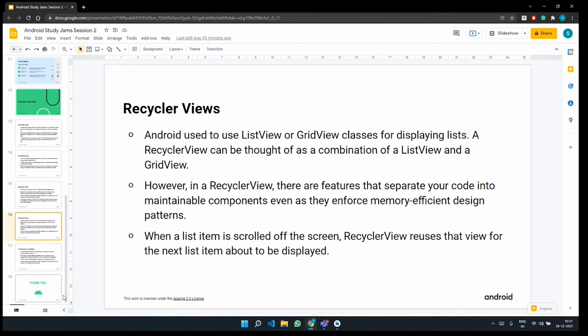Once you code it, it is really easy, and the recycler view takes care of all the nitty-gritty details of how it has to be processed and shown to the end user. As the name implies, it recycles those individual elements. We just saw that when you scroll off, it reuses that view for the next list item to be displayed, or the next news, for example in the InShorts app.